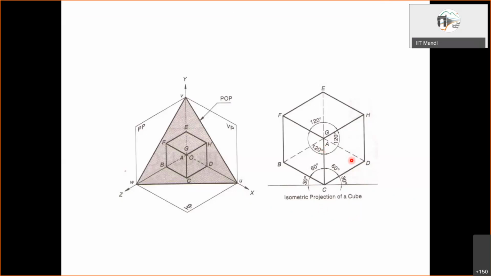So these three faces are all equally inclined, so their orientation is different, but shape and size is same, and thereby the lengths of these edges, like CD, CA, or actually whatever edges we have, they are having the same lengths. Okay. So with this view, whatever is available here, except for the hidden lines, usually we skip the hidden lines, this is what will be termed as the isometric projection. Okay.